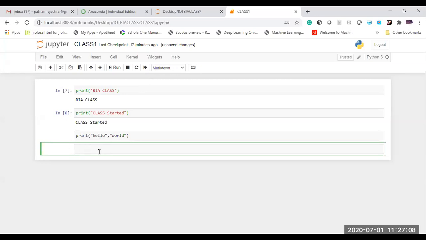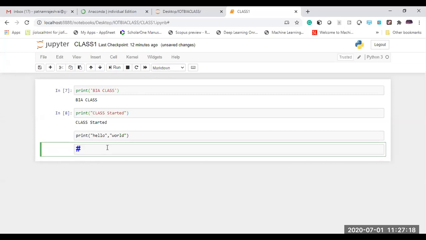This cell is selected with markdown, so it is not going to show any input option now within this cell. I will be writing here with a hash. When I have a single hash, I can write heading 1. The font size is big now, right?